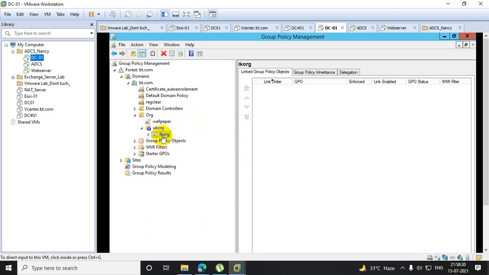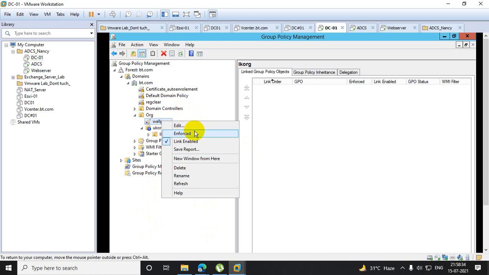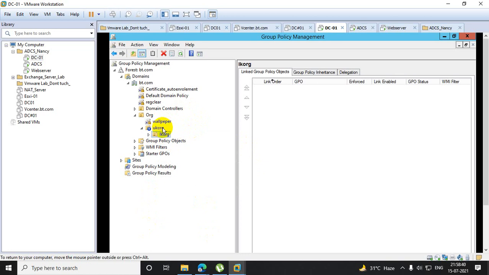Now I am telling you, the same policy, if I enforce the wallpaper policy, it also applies on this particular OU as well. So there is no meaning of using block inheritance. So same thing now if I log in here.